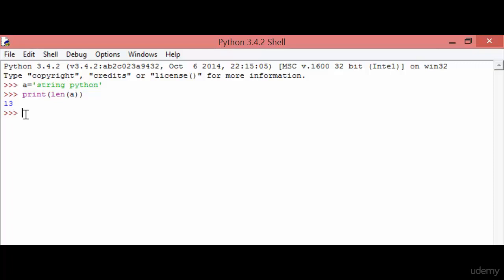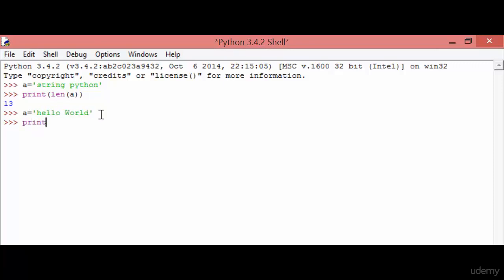The next method is the lower method. The lower method will give you the lowercase value if you give some random characters. So if I give some string value, hello world, here W is capital and all other characters are small.